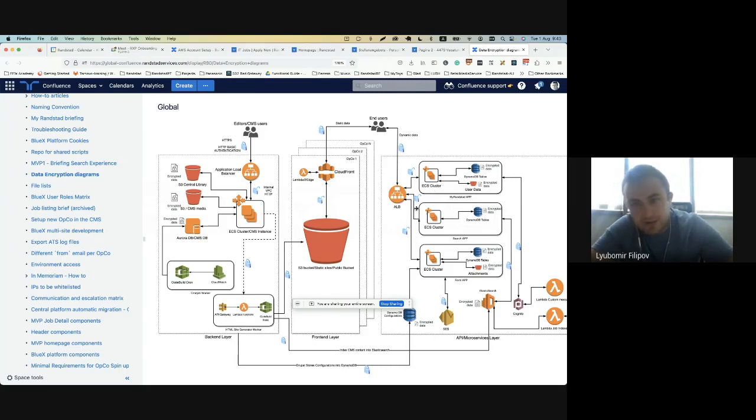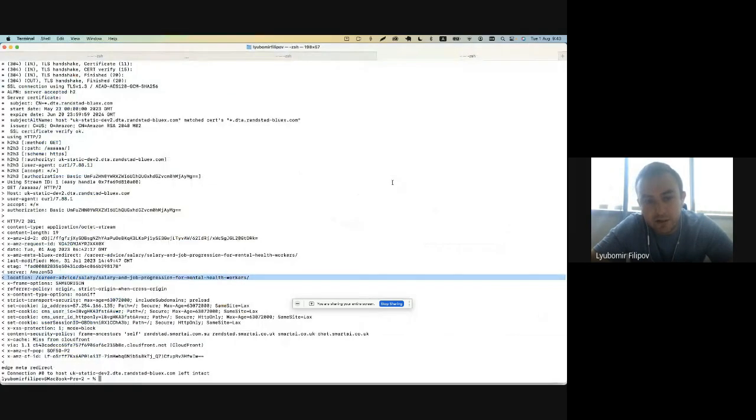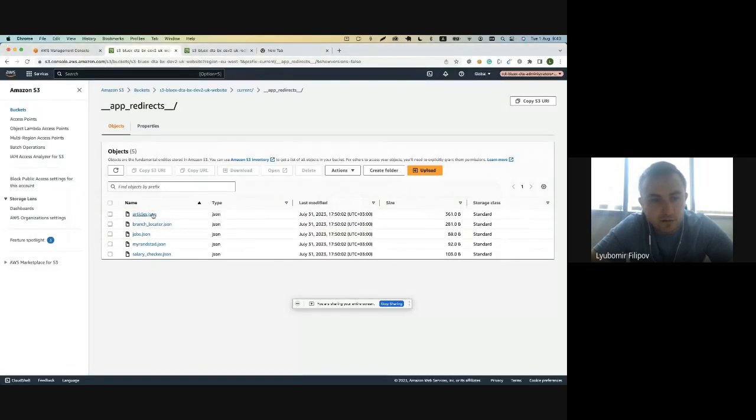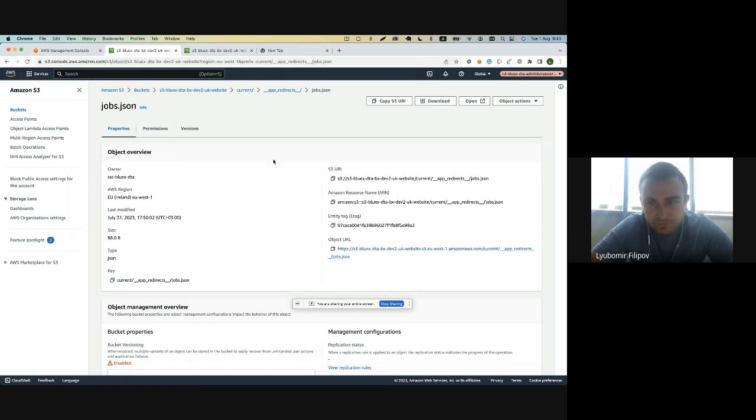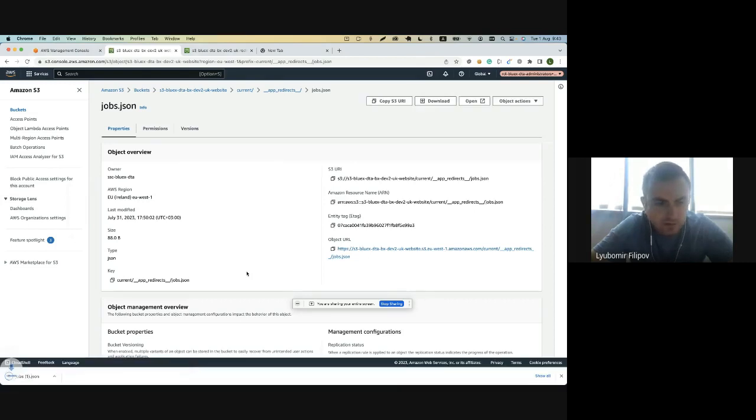And these apps are not using S3. Actually, this is different ECS instances. So this is a separate app using JavaScript, and this app should also follow the redirects, should be able to make redirects. And how this is done, if you open any of the apps, let's say open jobs, download this,